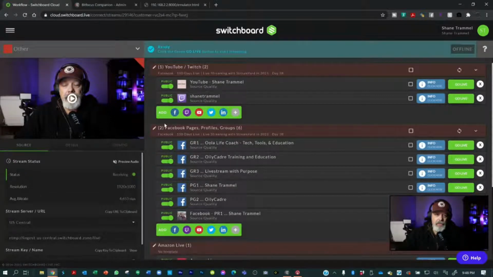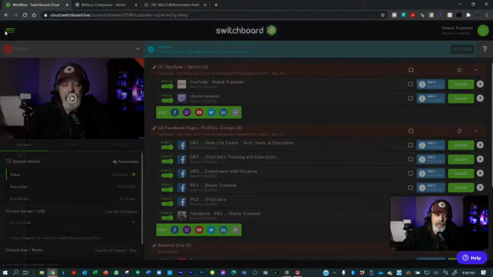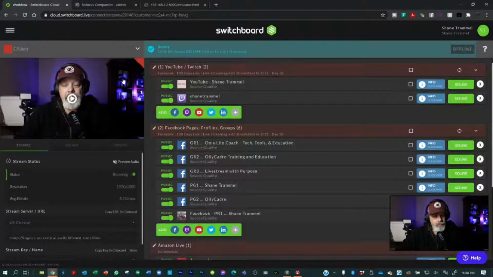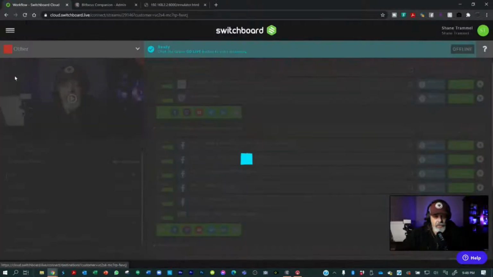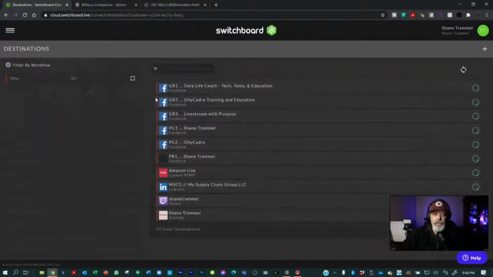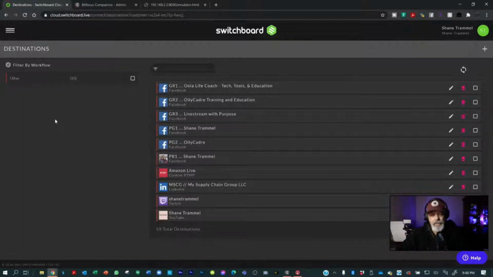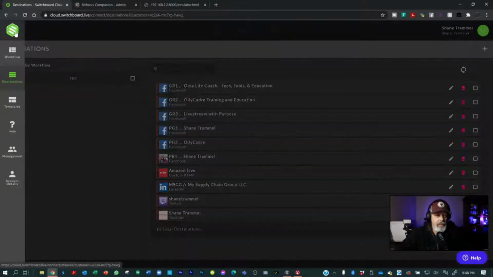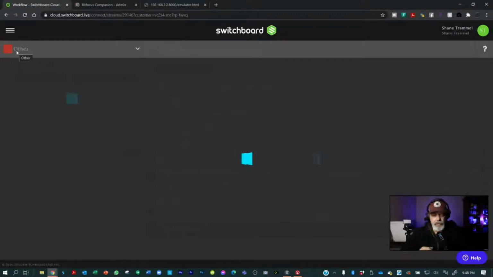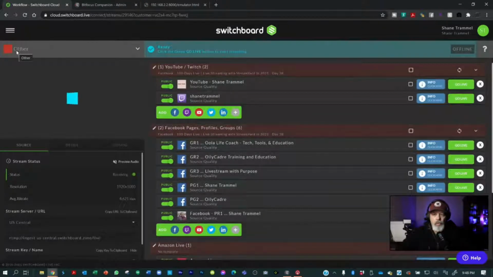What you'll see here is basically what's called a workflow screen. I'll quickly go to destinations so you can see that I have all of my destinations set up: a number of Facebook groups, a number of pages, my profile, Amazon Live, my company's LinkedIn Live, my Twitch, and YouTube. So I've got 10 destinations set up in there. I've had as many as 16 destinations set up, but for tonight, I have 10, and I'm not using most of those even. So what I want to show you before we actually do it is